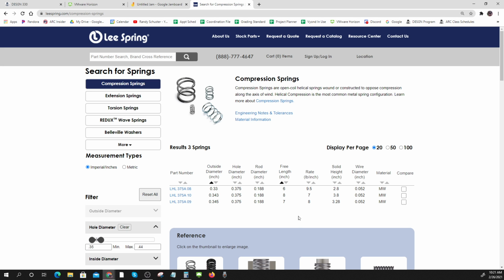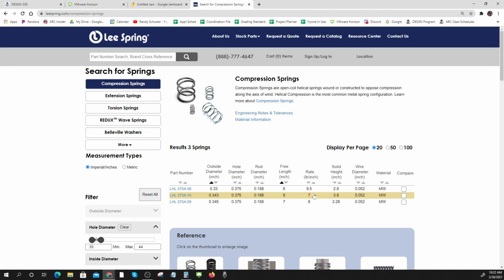So I might do one, and I would get in and calculate with these now. I do some calculations, but I kind of like 7 pounds per inch. Because remember, we talked that in one of our calculations, we wanted it to push back between 15 and 30 pounds, depending on how much air pressure I was using. So this 7 pounds per inch seems good. Now it's got a free length of 8. So that means if I squeeze it all the way down to 3 inches height,